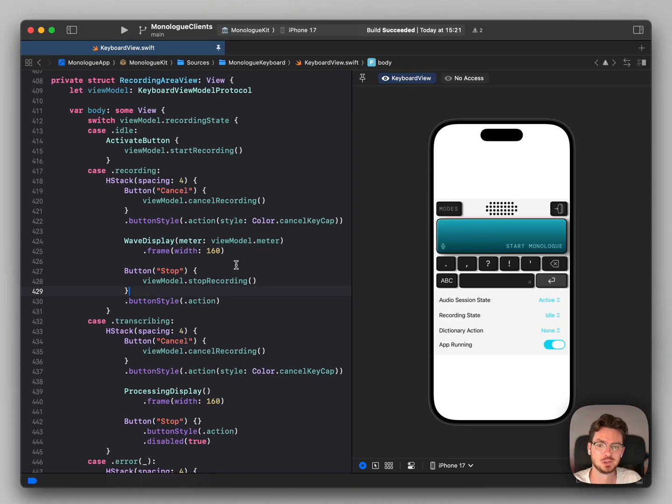Hello, today I'm gonna show you how I develop with SwiftUI. The example app we're gonna use today is the Monologue keyboard that I have developed together with Daniel and Naveen. And yeah, the most important thing to have really good results with SwiftUI Previews is to put the SwiftUI